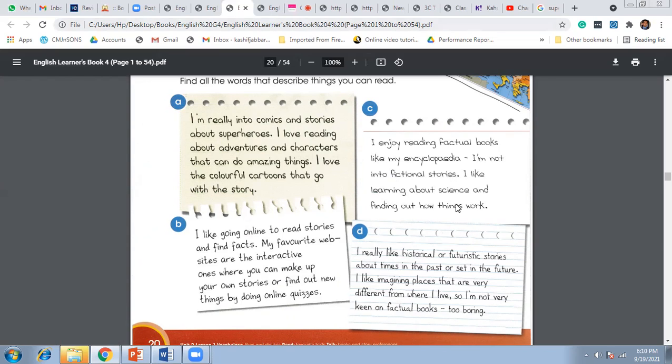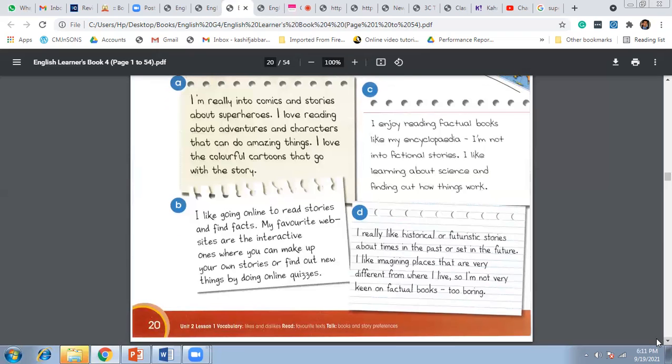So I'm not into fictional stories. I like learning about science and finding out how things work. Science is about reality, right? So it is far from the fiction which is unreal, right? Far from reality. And in the fourth type of category, we have seen, I really like historical and futuristic stories